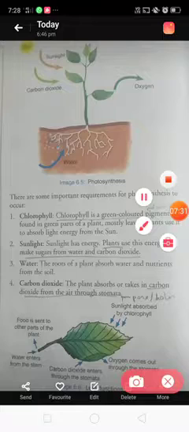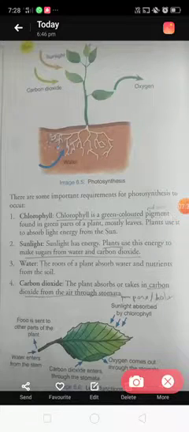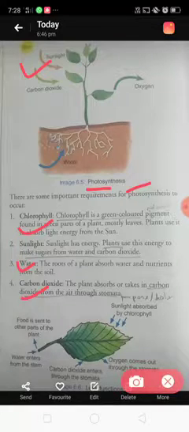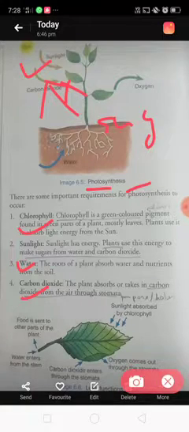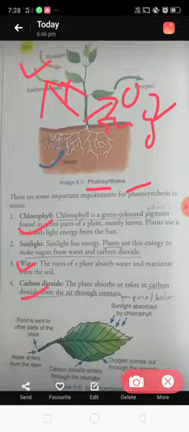Once again I want to repeat, photosynthesis. Photosynthesis means plants prepare food with the help of sunlight, chlorophyll, water and carbon dioxide. They get energy from the sun, and that energy is converted. Whatever sunlight they capture, they convert into sugar. After converting that energy into sugar, they give off oxygen. That oxygen is inhaled by us.